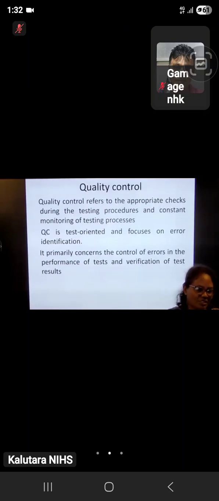First you do the positive control and negative control. If you get bubbles in the positive control, okay, that's fine. No bubbles in the negative control, okay. Then no problem, you can do the test. So by doing this quality control using control strains, this is test-oriented. While doing the test, you do those quality control measures. Is that clear to you? Yes, okay, sir. So far we have discussed quality assurance, internal quality control, and quality control.